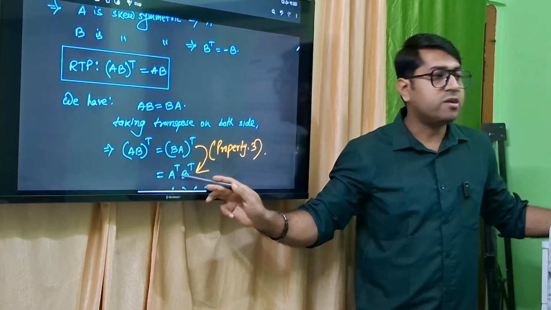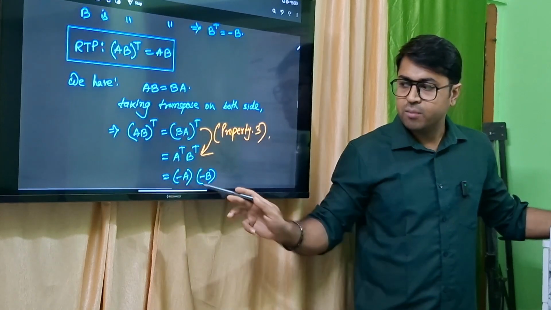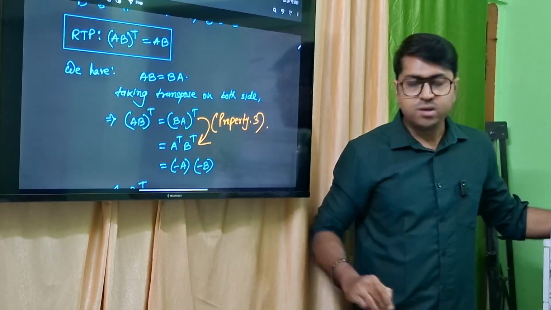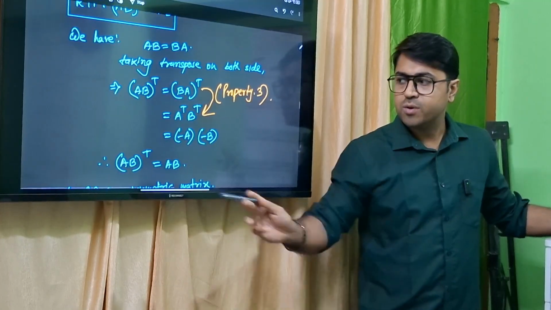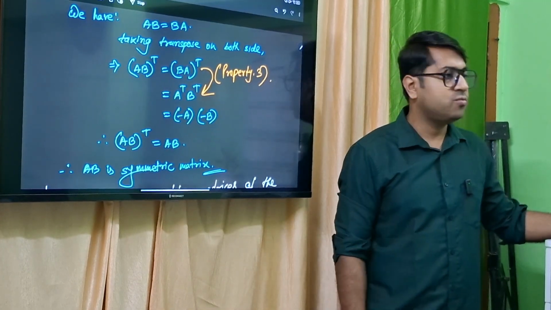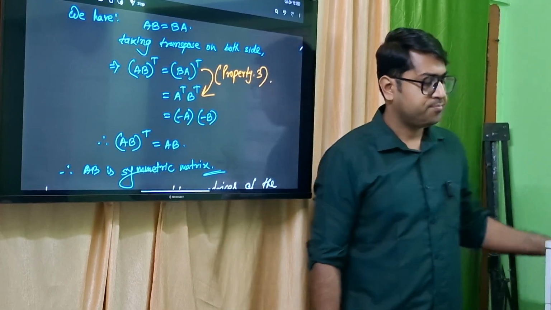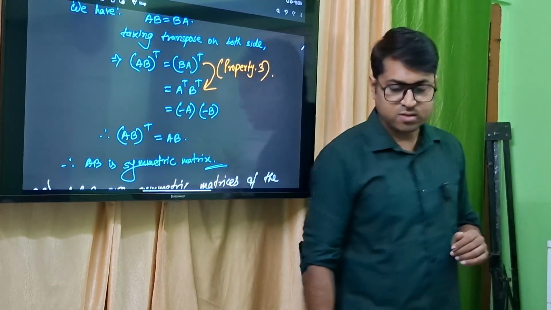Yeah. Now what is meant by A transpose? Minus A. What is meant by B transpose? That will be, I will put over here minus A into minus B plus AB. So AB whole transpose equal to what I have got? AB. So AB whole transpose equal to AB means AB is a symmetric matrix, and that is the proof. Clear? বোঝা গেল? আমার তো মনে হয় ও বুঝে গেছে, কিন্তু তোরা পারবি না পরীক্ষার সময়।